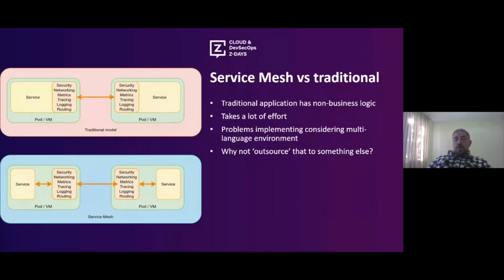So with service mesh, you have this sidecar proxy, which is designed to handle all that non-business logic, right? You kind of outsource non-business logic, let's say network-related logic, to that sidecar proxy, and that will be managed centrally, right? One clear benefit here is this uniform proxy, and